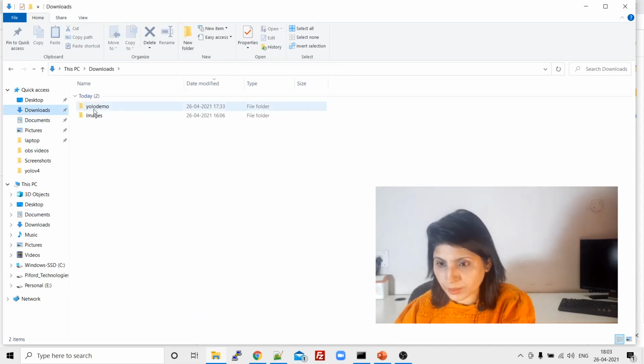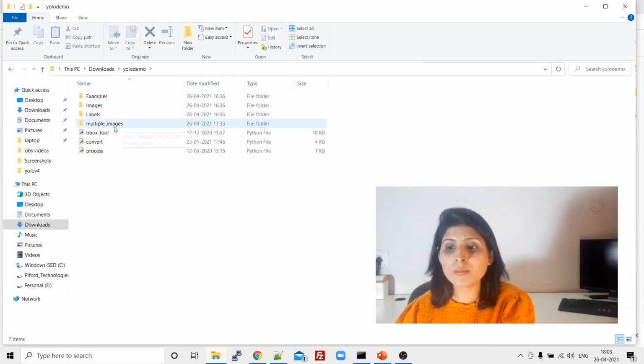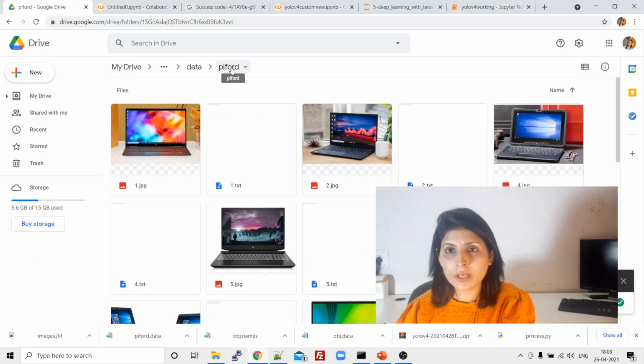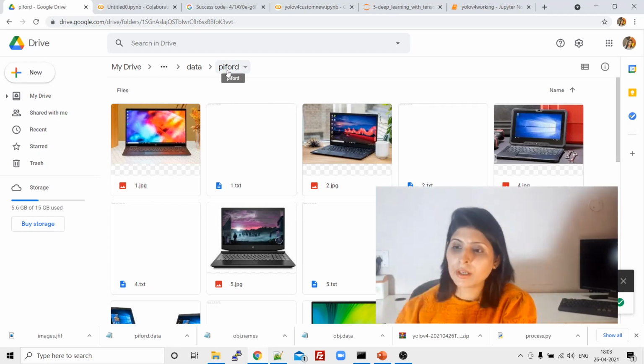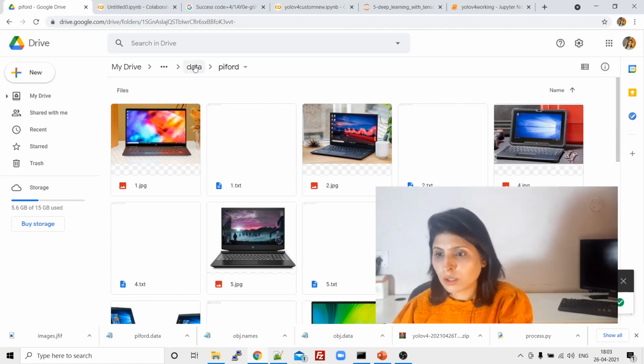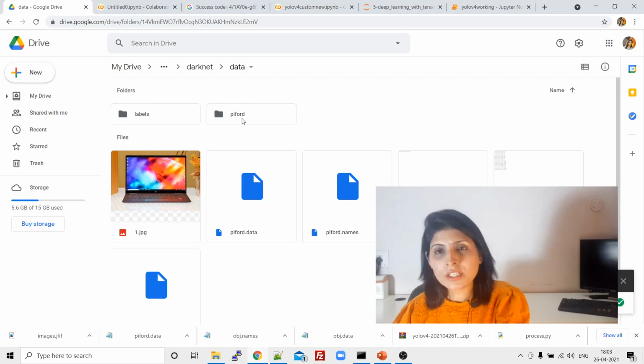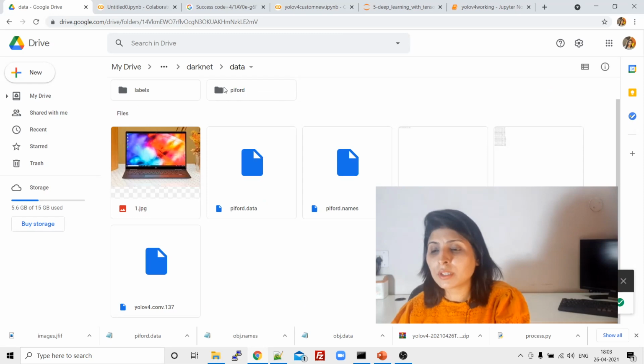Let me open this file, YOLO demo, under this multiple underscore images. So this is the folder I have uploaded. The folder name is PyFood in my case, so you can write any name over there. Under this PyFood folder, I have all the images and the text files which we have created using that bounding box tool. So paste all your images in a folder, and after that, remember the folder name over here, and after that guys, you have to create